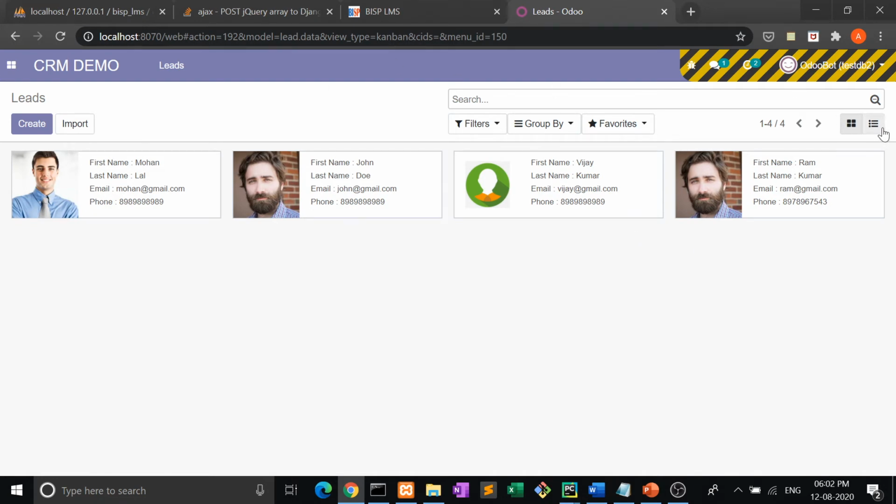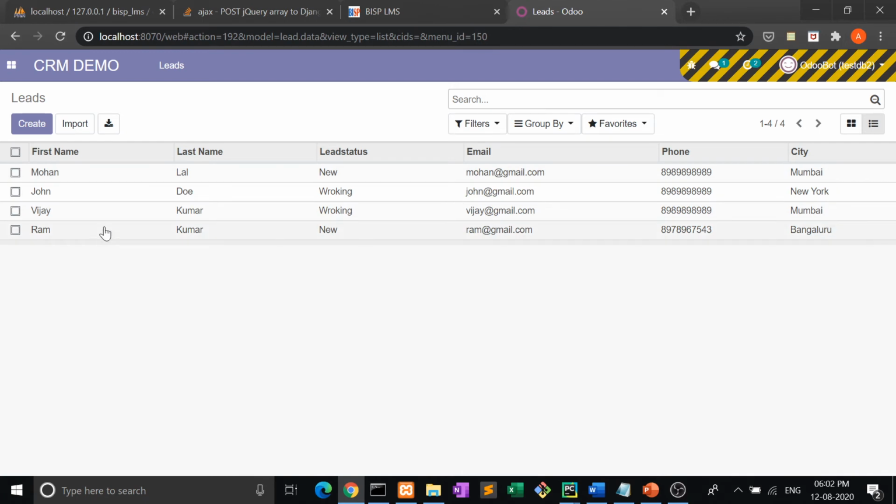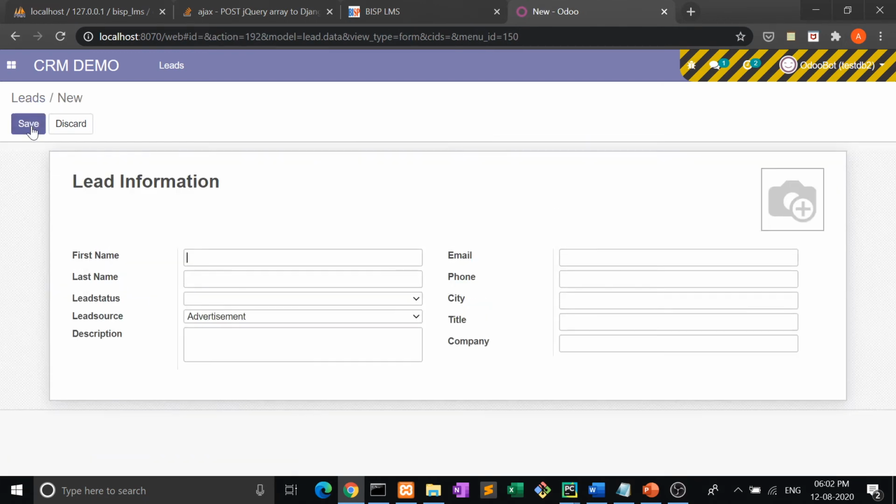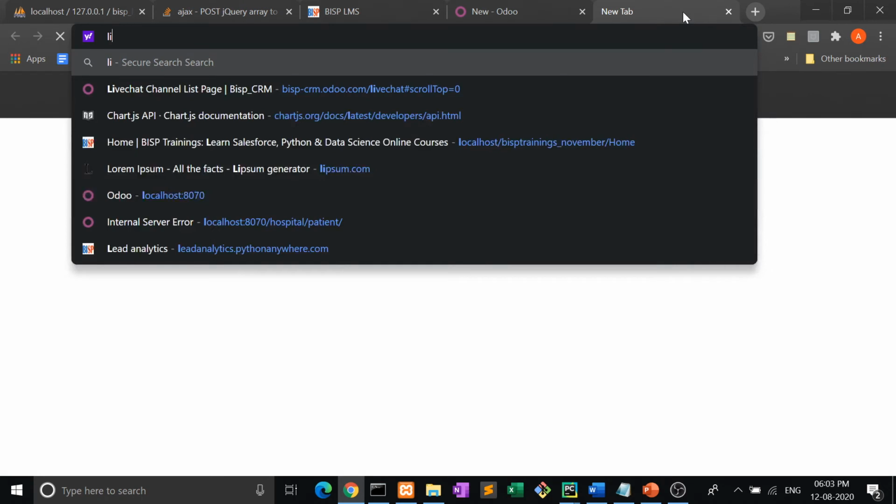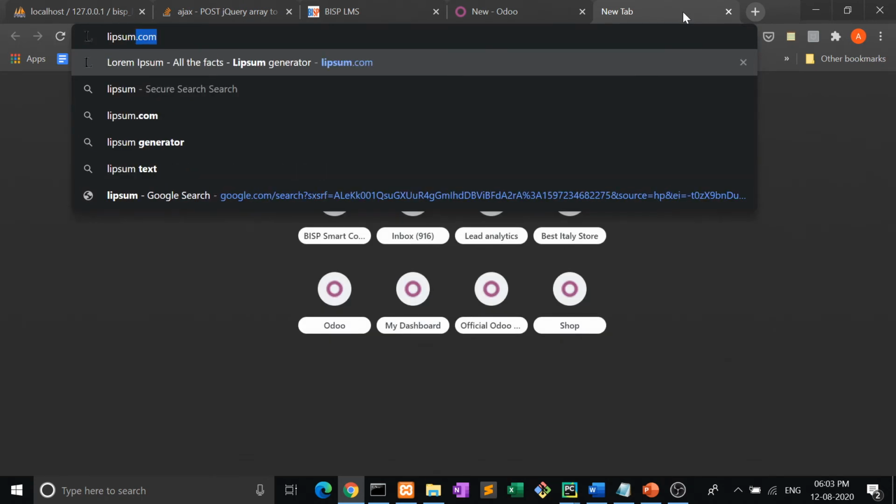For example, let's create a new value here. Again, a new record. First of all, Ram. Unqualified lead, it has come through. Description should be from lipsum.com. Let's take some text from here.